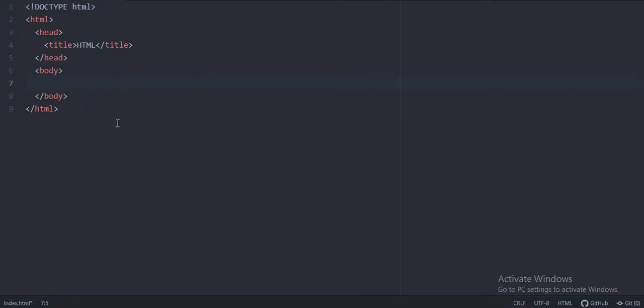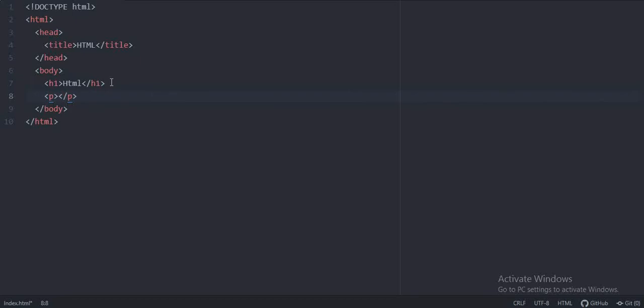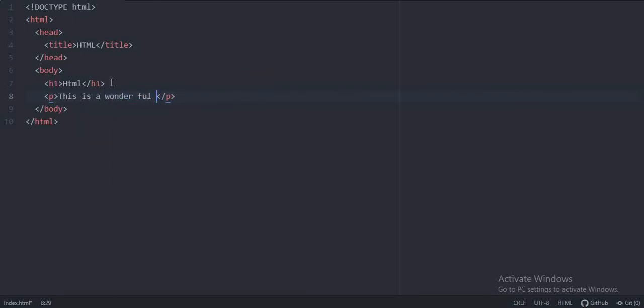Then you will learn about the tags which come inside the body tag. So let me write some text here. This is a wonderful language.